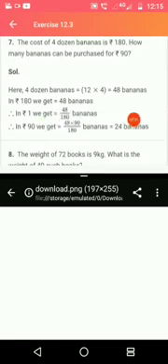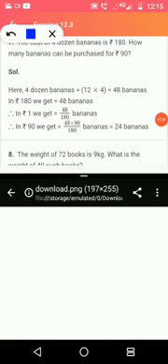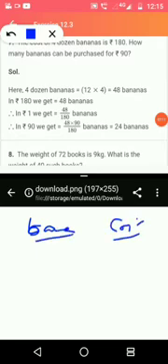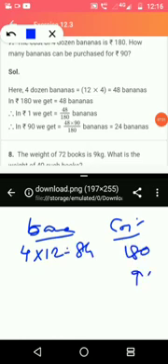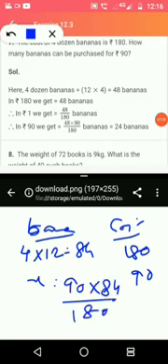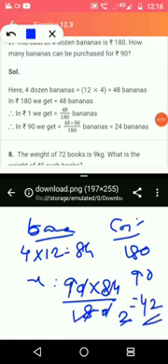The cost of 4 dozen bananas is rupees 180. So banana and here cost. So 4 dozen banana is 4 into 12, that is 84 bananas. The cost is 180 rupees. How many bananas cost 90 rupees? So it is 90 into 84 divided by 180. 9 to the 18. So here 2, 4 to the 8, 42 bananas. It is going to cost 90 rupees. So 84 is costing 180 rupees and 42 will be costing 90 rupees. Okay.